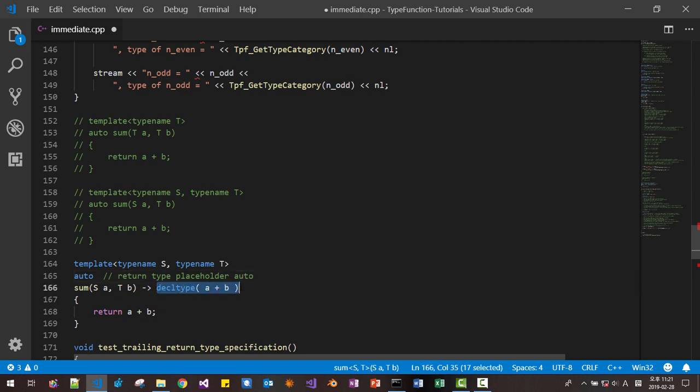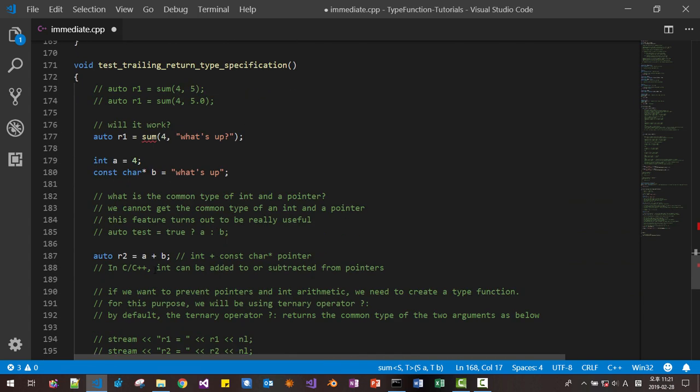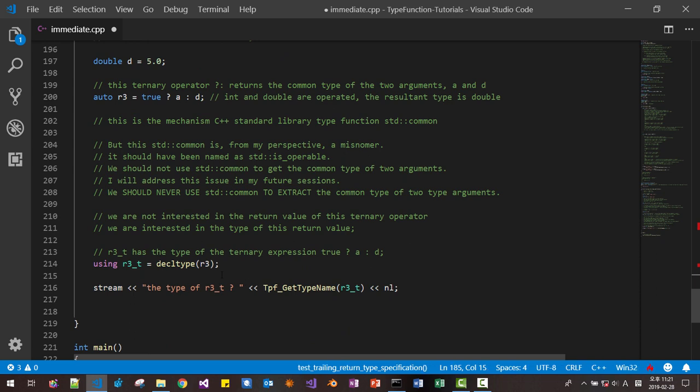And this decltype expression is called trailing return type specification. We fixed it like this, and I disabled this, and let's build.